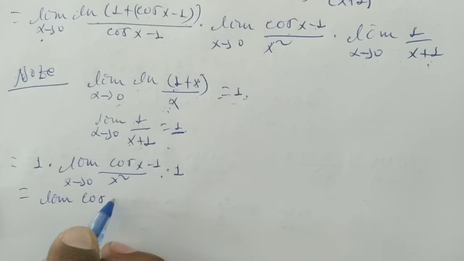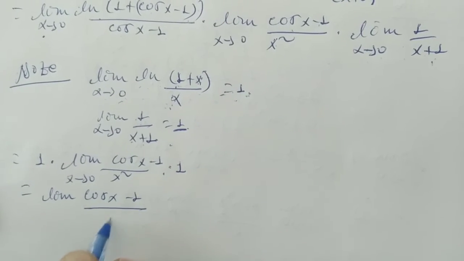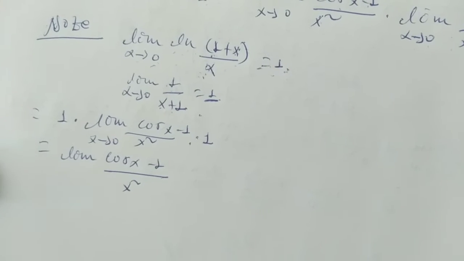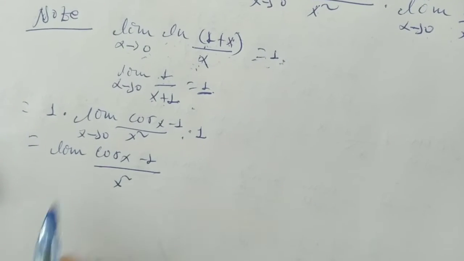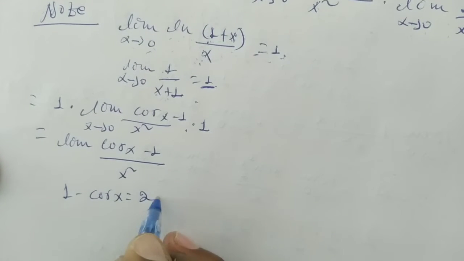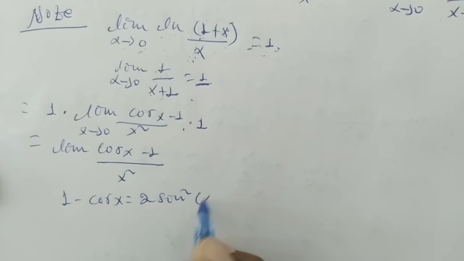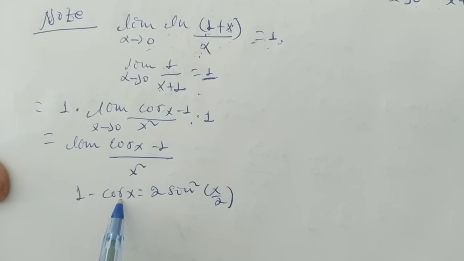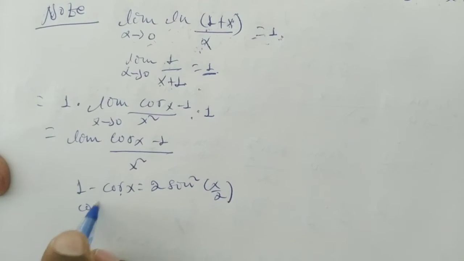እና which is equals to limit of cos of x minus 1 over x square። አሁን ወደ ትሪጉ ስንመለስ ቀደም እንዳልካችሁ 1 minus cos of x is equals to 2 times sin the whole square of x over 2። ስለዚህ cos of x minus 1ን ስለፈለግ ነው እኛ በኔጌቲቭ እና ብዙ cos of x